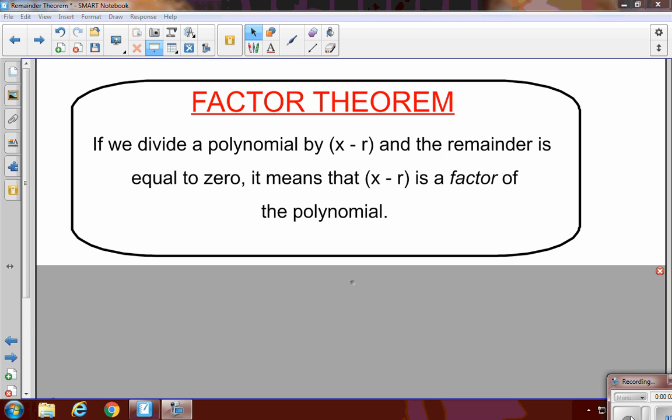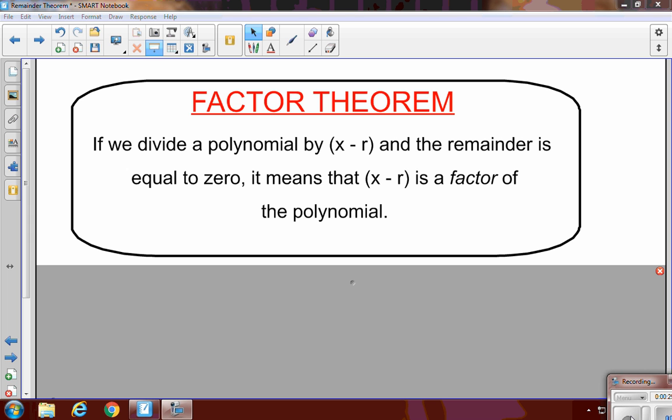We're going to use our knowledge of the remainder theorem that we looked at in our last video now to build up and look at what we call the factor theorem. Now, the factor theorem says if you're using the remainder theorem and you try to figure out what the remainder is without actually doing division, so we're putting in r, or dividing by x minus r, and if we put in that r and we get a remainder of 0, what that tells us is that